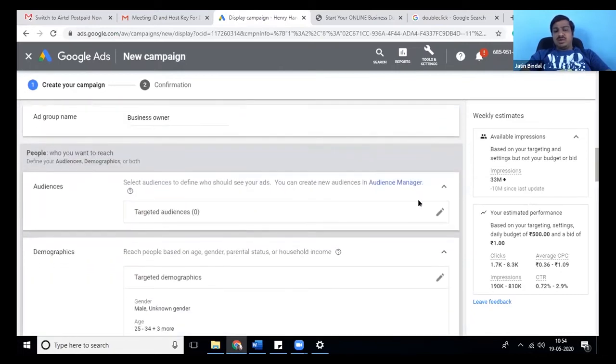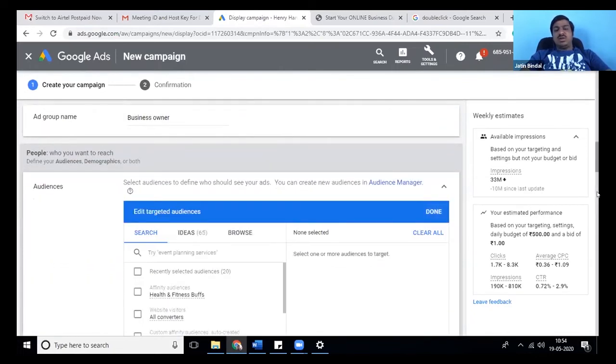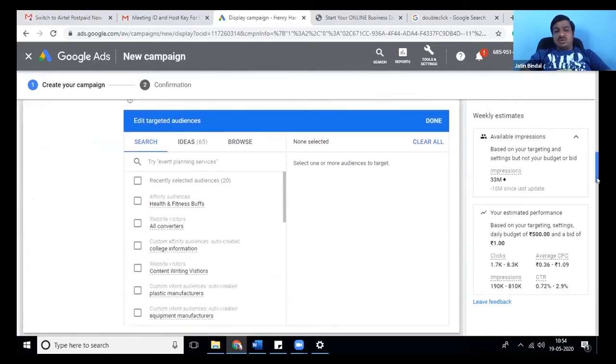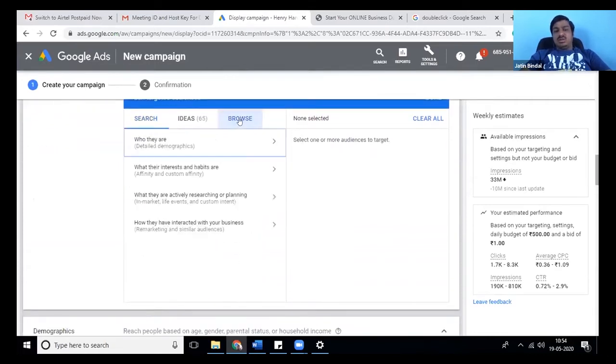The next type of targeting option is critically very important. That is audience. What is audience? Primarily, audience is of three types over here. The first type is affinity and custom affinity. What does it mean? What their interests and habits are. Primarily, they are talking about habits.